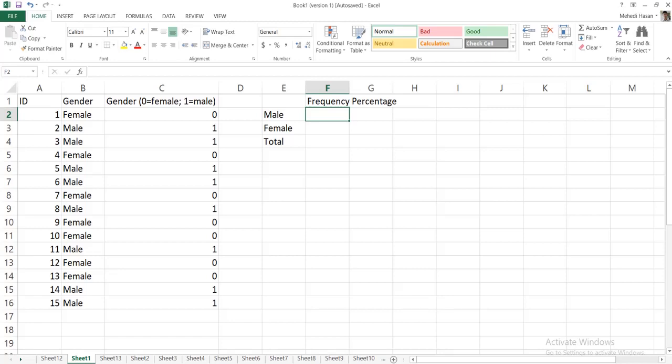Hello dear listeners, today I will show you how to create a pie chart and bar chart of your dataset in Excel. So first of all we have to create the frequency distribution of our dataset. First of all I just create the dummy variable from my